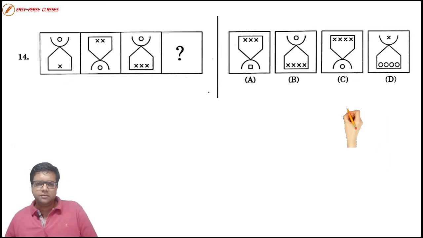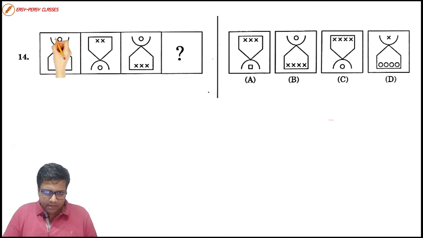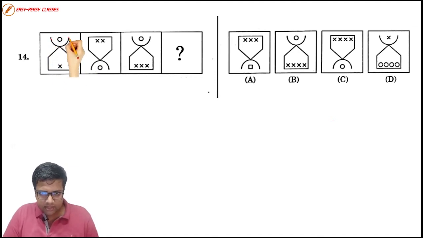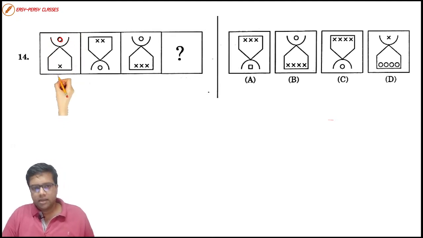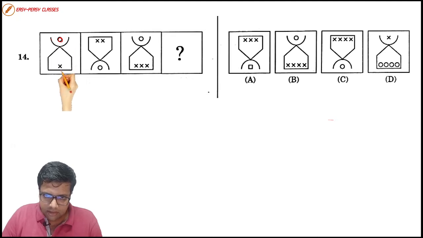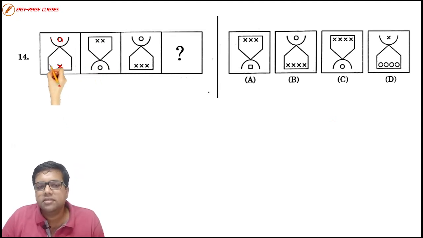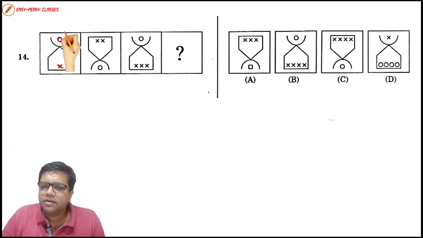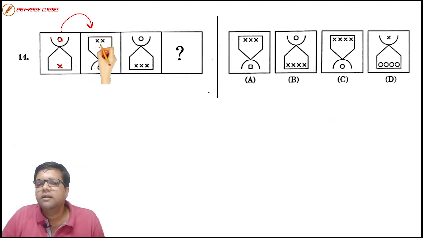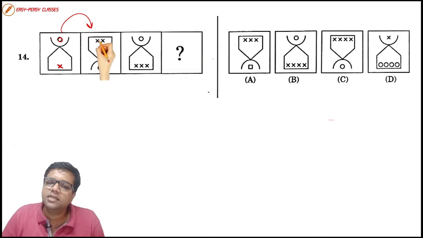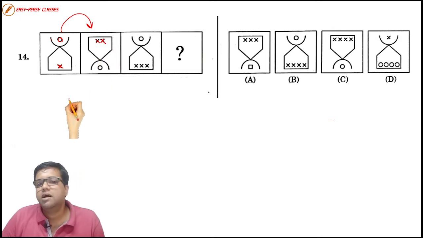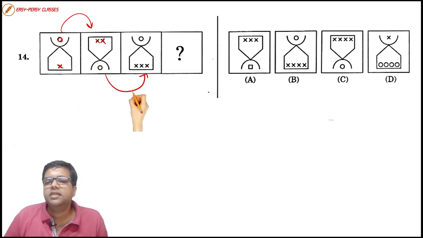Let's move on to the next question. In this question, there is a pentagon and they have drawn a circular arc, and they have placed a circle again. In the first stage, they have one cross mark or X mark inside the pentagon. They have inverted the figure. After inverting, on the second stage, they have put two cross marks. At the third stage, what they have done is they have again inverted this figure.